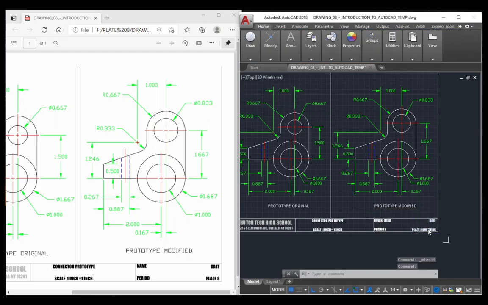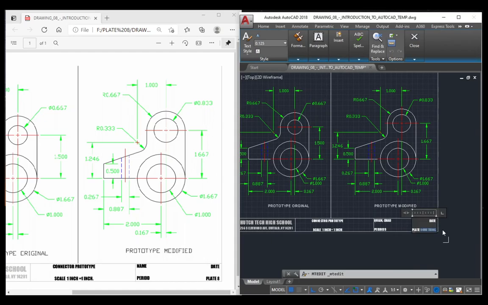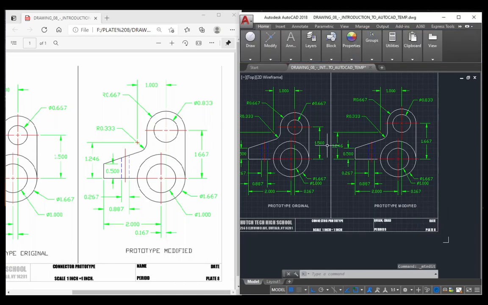You could put your date in there, and we're going to change our plate so that it is plate space 8, and click off of it. If you're not confident in your work, don't forget to use that WS autosave. And lastly,